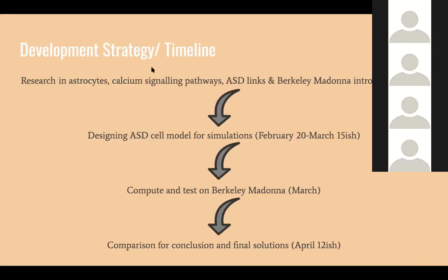Okay, so here's my development strategy and the timeline of it all. So for right now, I've been doing a lot of research on astrocytes and calcium signaling pathways, how those work. Then reading up on newfound research on autism links with calcium concentrations and signaling. And also, of course, learning Berkeley Madonna and how to use that as well. So I've been doing that all of February. I'm still doing it, but now I have